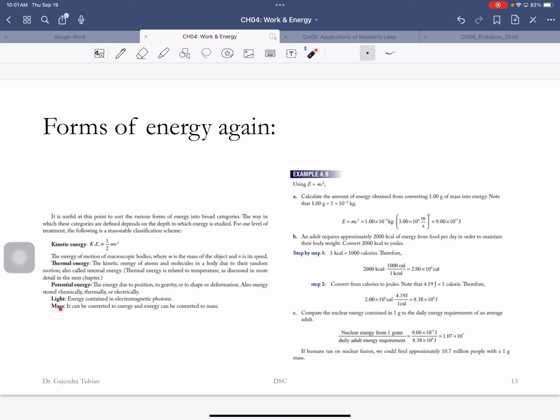Light is electromagnetic energy, and for the energy content of mass, Einstein gave us this formula, mc squared. You guys have probably seen this formula. What this equation tells you is the energy content in mass, except that it's very hard to convert mass to energy. That's what a nuclear power plant does. And this problem just shows you how much energy content there is. c is the speed of light.